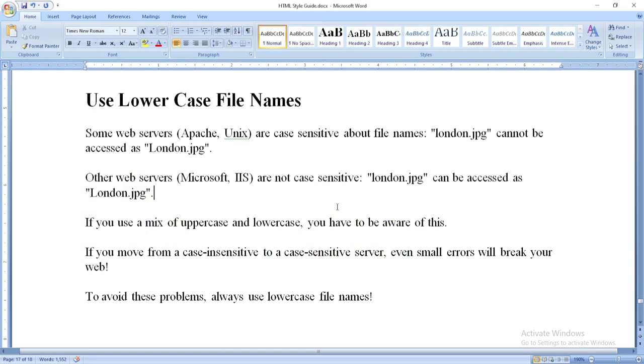And right now we'll be discussing the lowercase file names. Use lowercase file names in case you want to select your files. Some web servers like Apache or Unix are case sensitive about file names. If you want to select anything that is having London, it should be london.jpg in lowercase. It cannot be accessed with a capital letter L